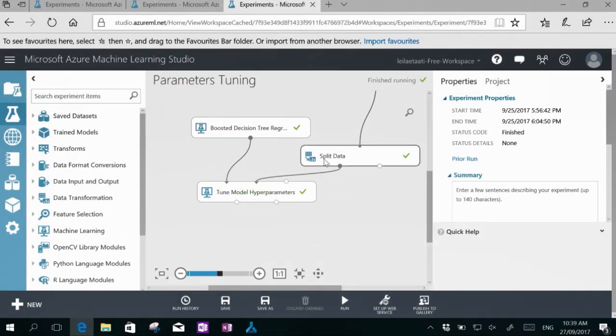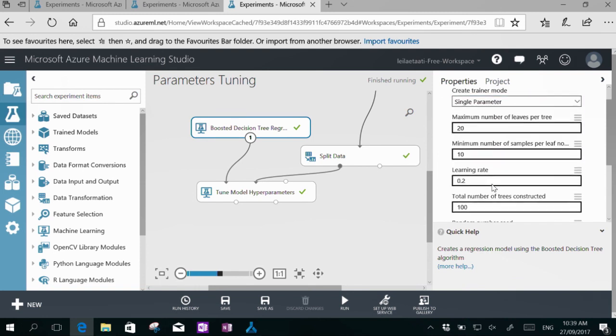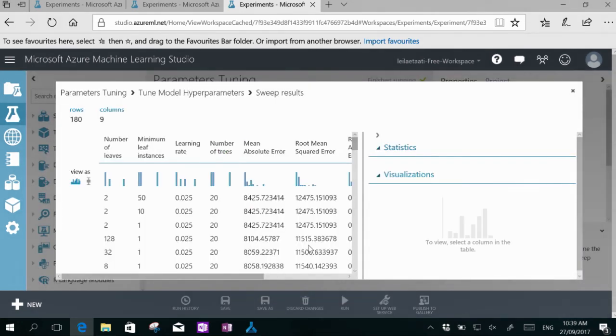the last one. So yeah, I have a decision tree algorithm here. As you see, I have 4 parameters to set up. If I click on the algorithm, you can see the 4 main parameters here. I'm using a tune hyper model to help me see what's better, actually what parameters I should have. As you see here, I have about 180 different combinations of the parameters. The first row says that the number of leaves should be 2, the number of leaf instances 50, learning rate this. What's the error, what's the accuracy I will have? So it tries